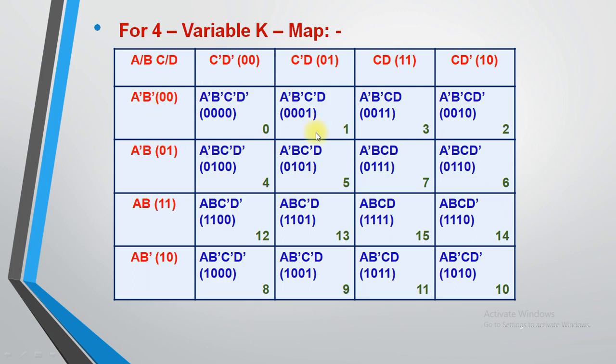And if you don't want to use the truth table, then what you need to do? You need to focus on a particular cell. On the left hand side, the value is A dash B dash. So you need to write A dash B dash. Now see the topmost, it is C dash D dash. So you need to write C dash D dash. Similarly, consider this particular cell. See the left portion, the value is AB. So in this cell you need to write AB. See the topmost cell, the value is CD. So you need to write CD.